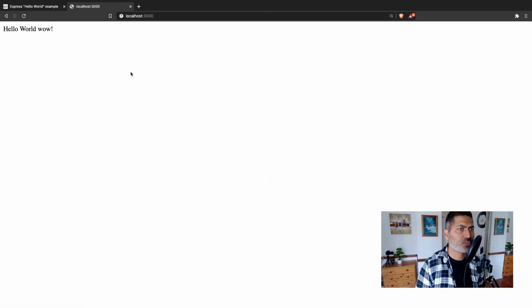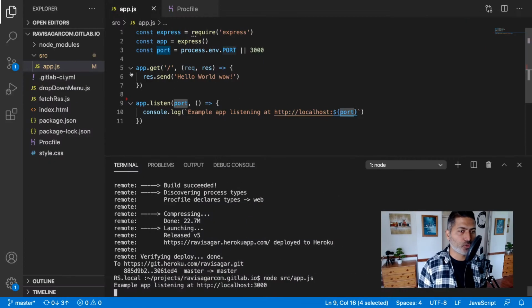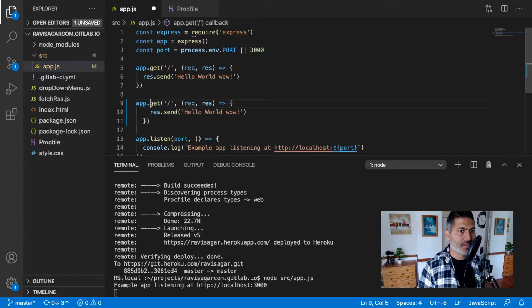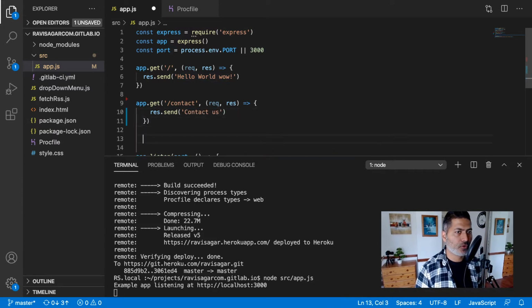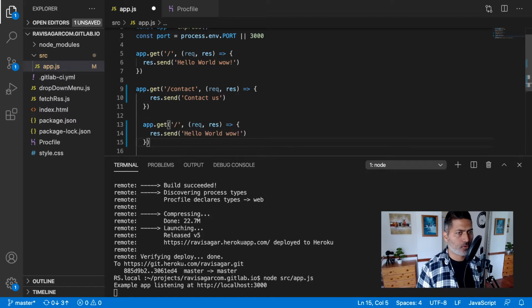Now let us make some changes to this particular site. It is not really a site, but we can do a few changes. So I want maybe 2 more pages. So I can have something like contact, and I will have some different message. So whenever someone visits localhost/contact, it shows contact us, and I may want to also